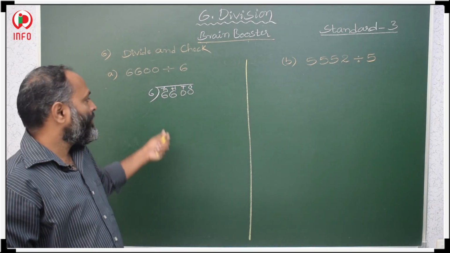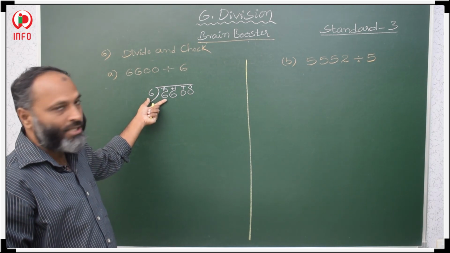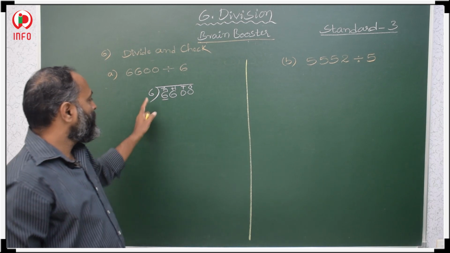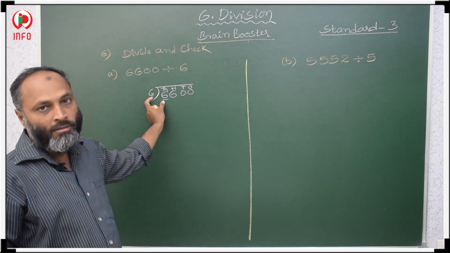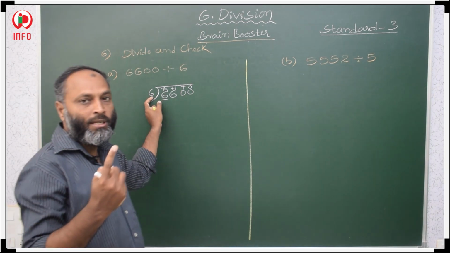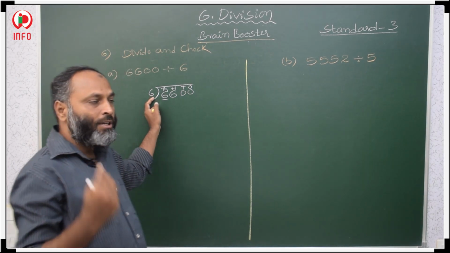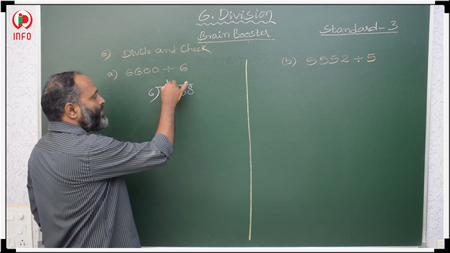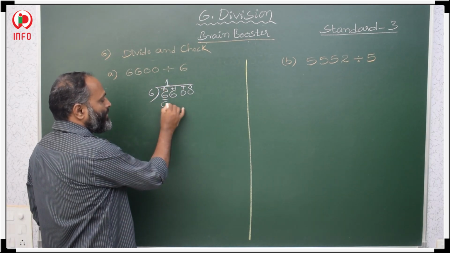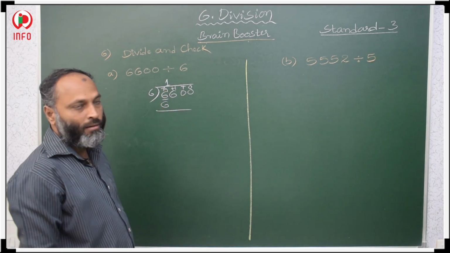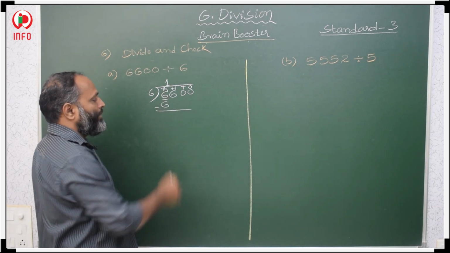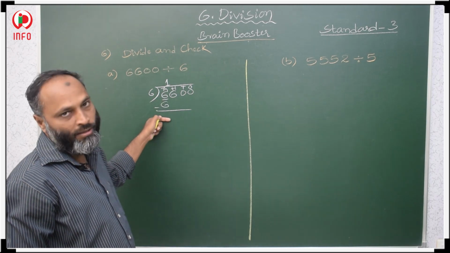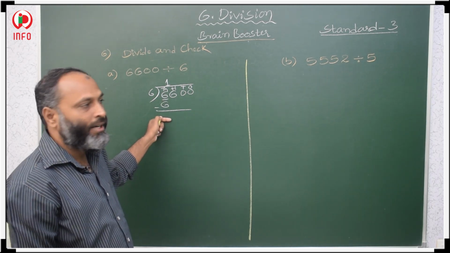First we have to divide 6 with the thousands place. What is there in your thousands place? 6. So when you will get 6 in the 6 table, read your 6 table. 6 1s are 6, 6 2s are 12. 12 is greater than this 6, so you have to take 6 1s are 6. Then same number minus same number is 0. If the difference is 0, don't take that 0. Then you go for the next place.